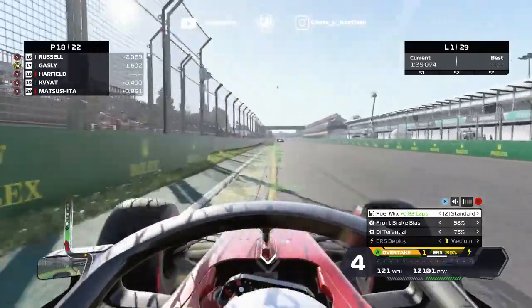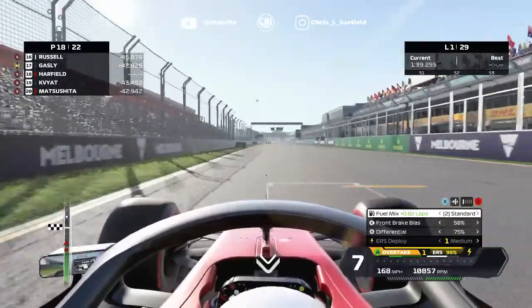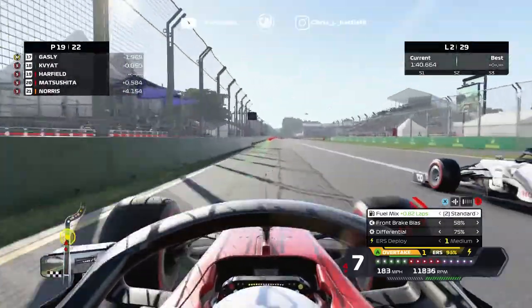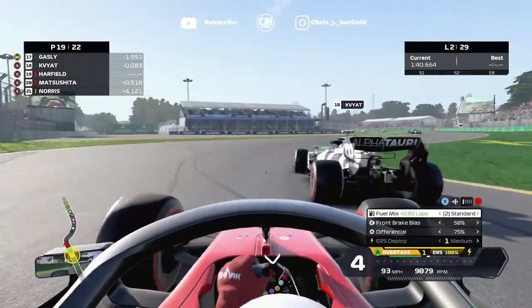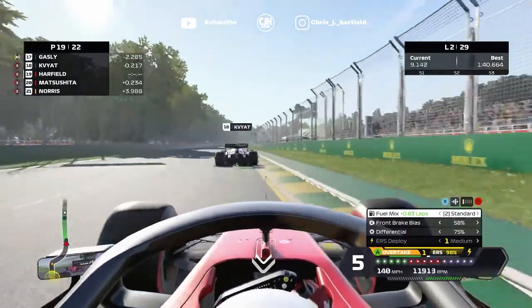But lap 18, speaking of Kvyat, here he goes. He's in overtake mode. We're not. We're just going to reserve our battery for now. We're going to squeeze it to the inside. He's up our inside into turn 1. Are we going to do the under and over? No, we don't, because he blocks us off. And we have lost P18